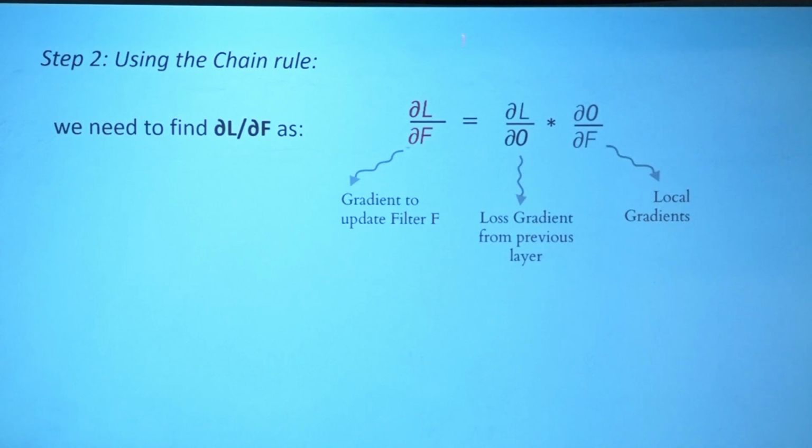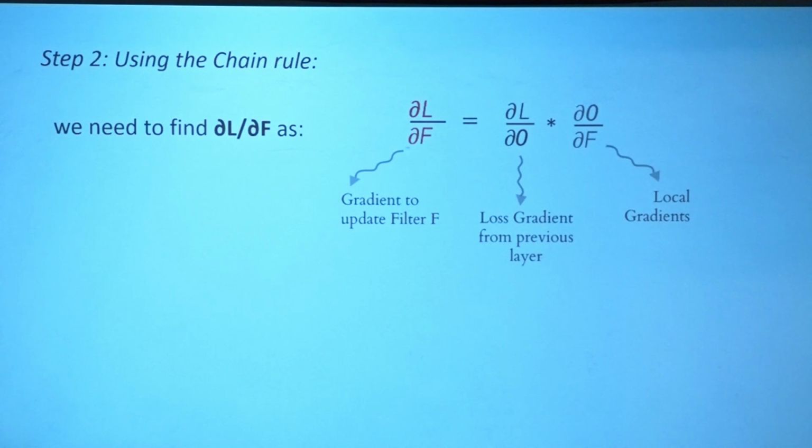Now the next step is multiplication of these terms together in order to calculate dou L by dou F. This is the task. Now if you look at this concentratedly, this O is some matrix of some shape, right? And F, for our case, is a 2 by 2 matrix. Derivation of one matrix with respect to another matrix, and on top of it multiplication with another matrix. How complicated it is? So we need to do it very carefully.